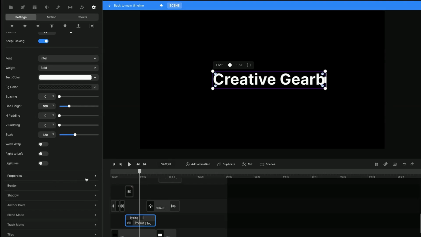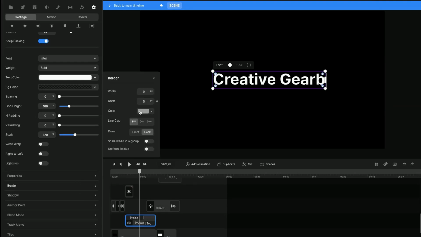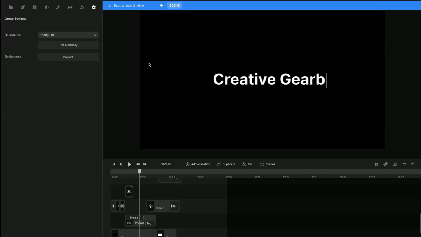The same thing that you normally have with all of it. You have the properties and the border and everything else right down here. So you can go in and add a border to the box right there through the text. And there's a lot of different options. I'm keeping this relatively simple, but I'm just showing that you can go and edit the text and everything else. All right, so I'm going to go back to scene,